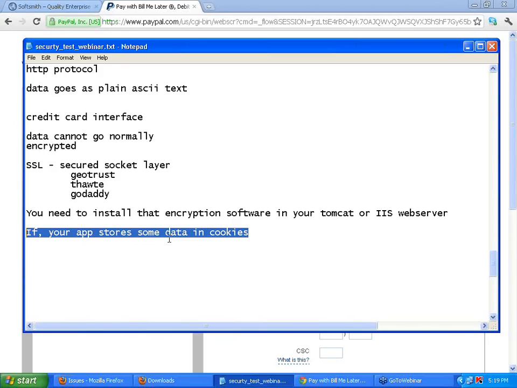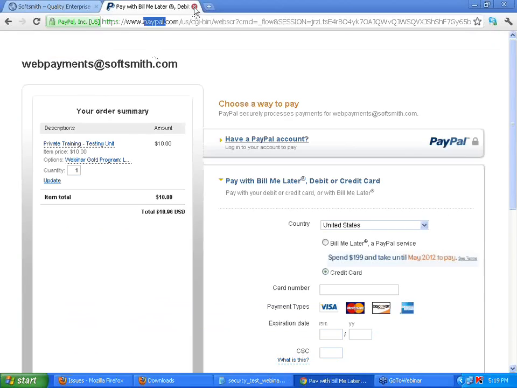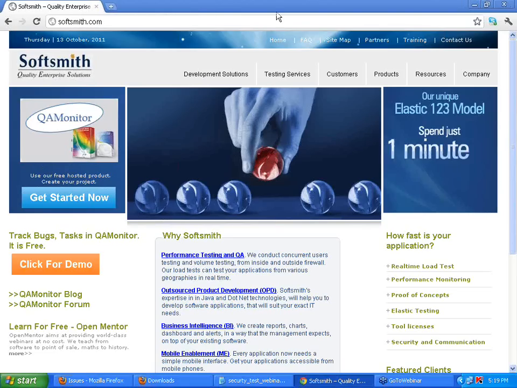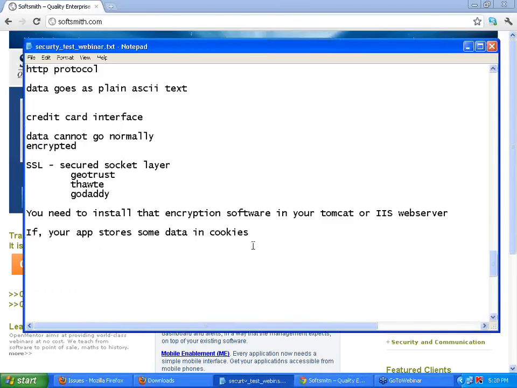And unfortunately, if the credit card number and the CVC code is stored in the cookie and someone is hacking that particular file, he steals your data. But if the data is encrypted, obviously you are safe. Even if the person gets the data, he may not get it. So HTTPS protocol protects you from losing your valuable information while sending across the net.